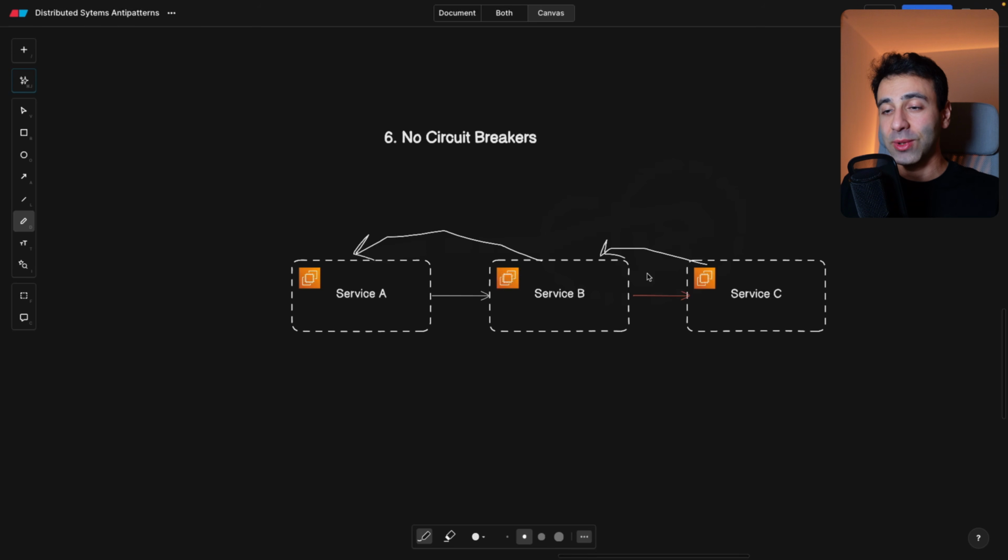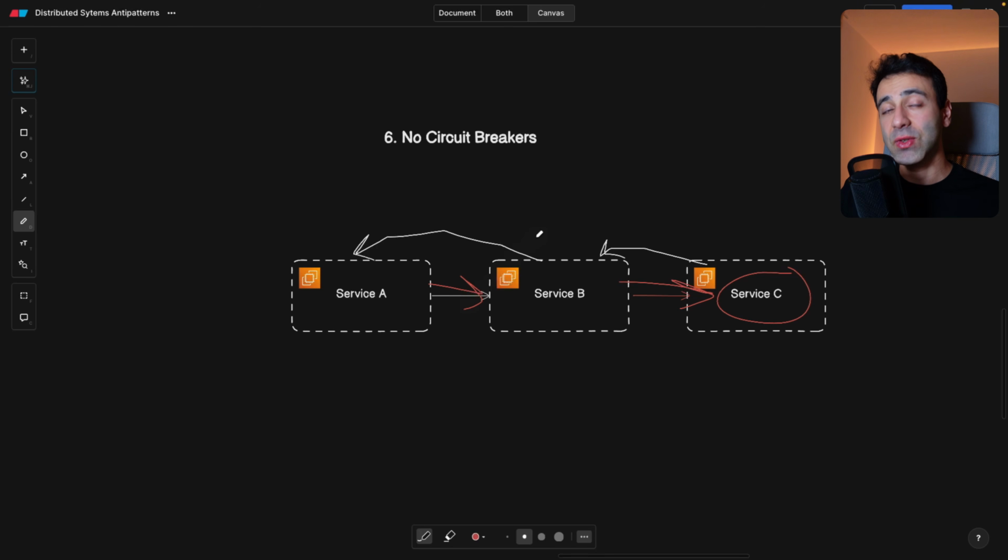This kind of an issue can result in a retry storm. So service B is going to keep retrying, and even if service C can in fact restart or recover from the error, it's going to be bombarded by the requests from service B and never going to be able to function under this load. The same is happening with service B. It's down, it's trying to restart, but since we're bombarding it from service A, it's going to have a lot of load and probably going to crash as soon as it starts.